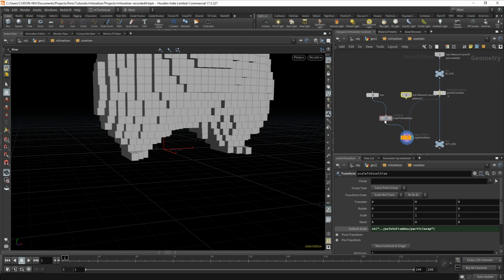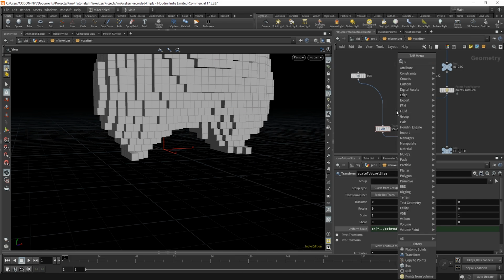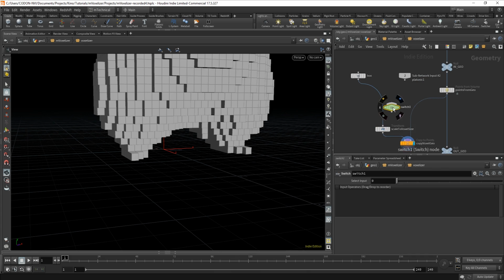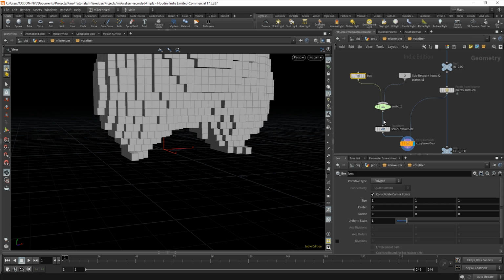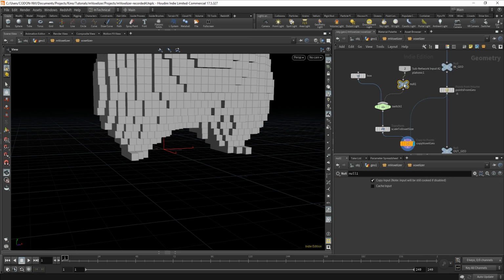Okay, so what I want to do is that I'll just put in a switch sub here, and that will later enable me to give the user the ability to choose if they want to use the classical representation of voxels, which is the box geometry, or they just want to use their own custom geometry. So let's first just drop in a null sub here, call this in custom geo. Let's call this switch custom geo. Okay, so if I switch this,